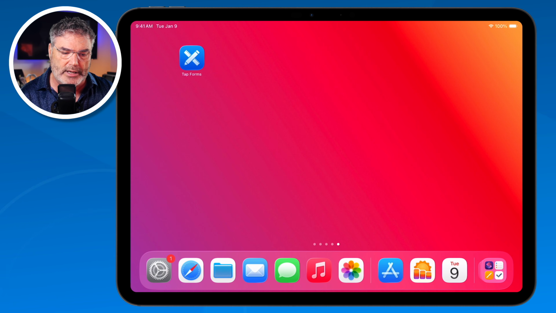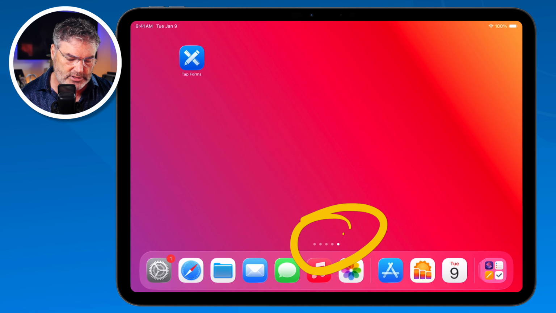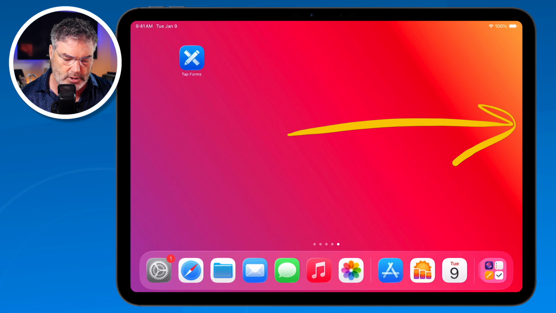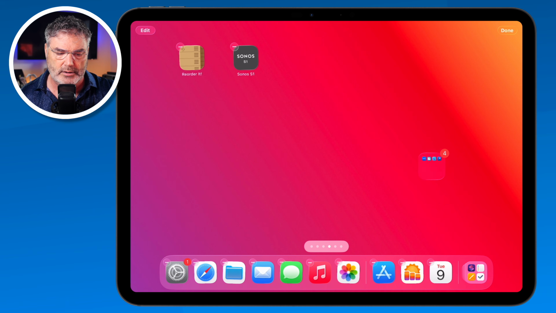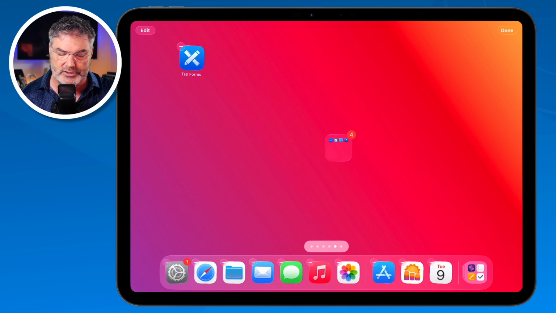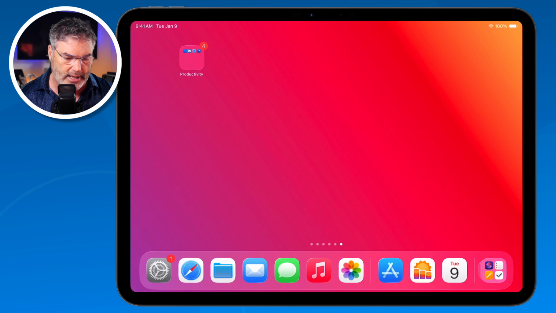So I want to create another one. Let's say I wanted to create a 6th one here. What I have to do is I have to move another app over to the right. So let's go over here, and we're just going to take this folder. We can do this with folders as well. We just drag it over to the right. I'm on my 5th home page. I want to create a 6th one, so I drag it over to the right again,